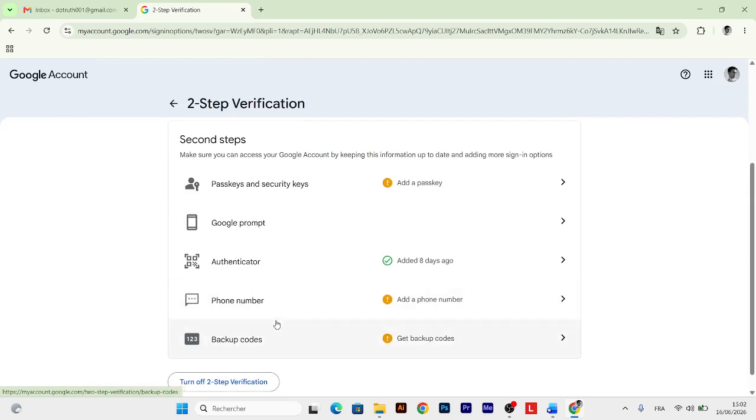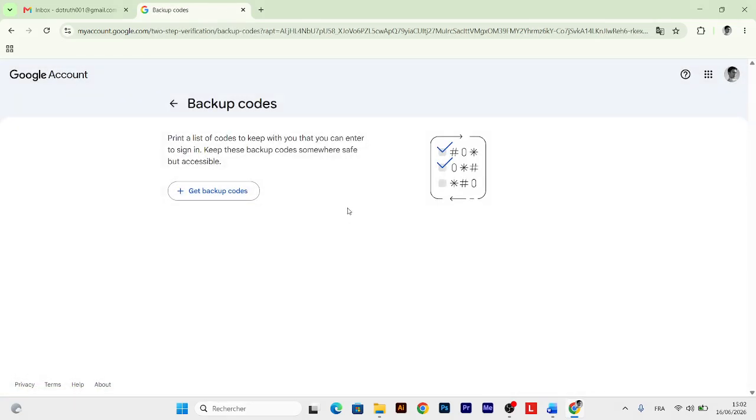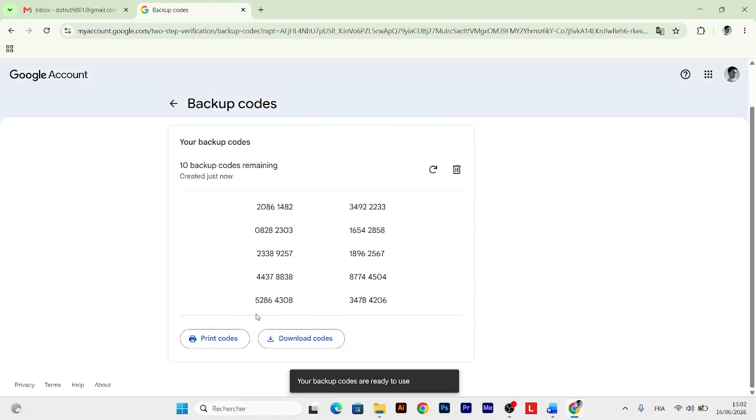You can do it. Okay guys, just do it like this and get the codes, and finally you can download it. Okay, these are the codes, guys. Just print it or download it, and finally you now have a backup and you can open your Gmail